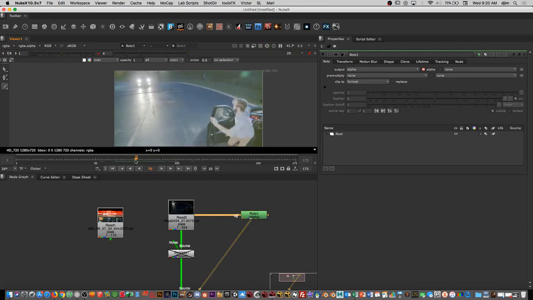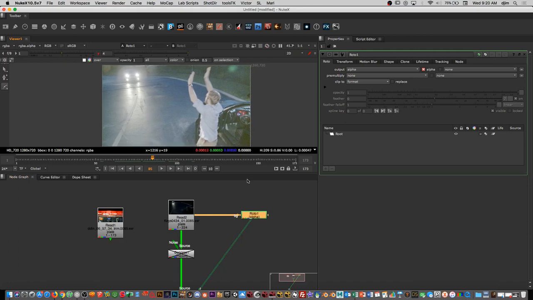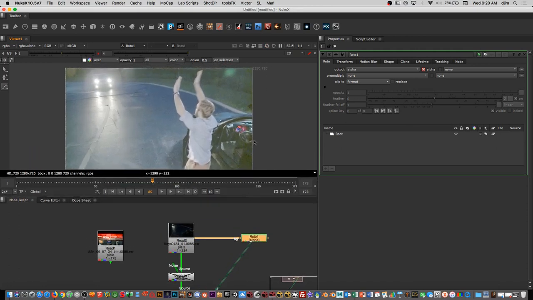So let me show you very quick how you can use the planar tracker with this. And if it crashes, don't spend your time, don't waste it on it, okay? Just try it very quickly. If not, move on. So let's go ahead and do a quick rotoshape. So the first thing